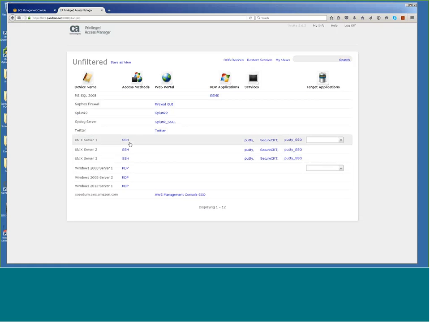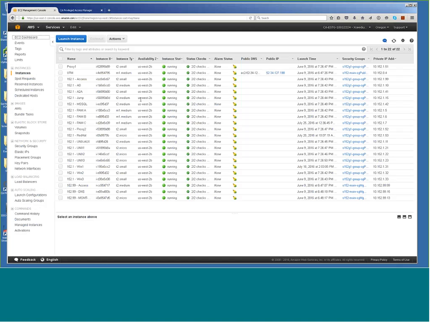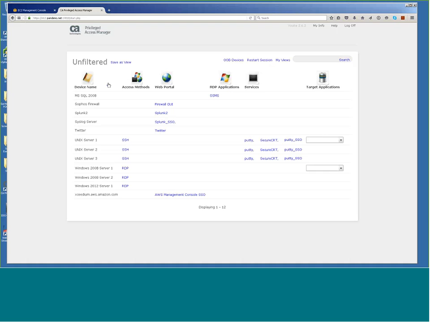So, you've got the access methods here where you can go into PAM without having anything installed on your local machine, or we can also support a local installation of PuTTY to go in the machine here. Zero trust model, so you can see again, there's 22 instances here in Oregon. But zero trust, D. Adams only has access to the devices that have been given in his access policies.